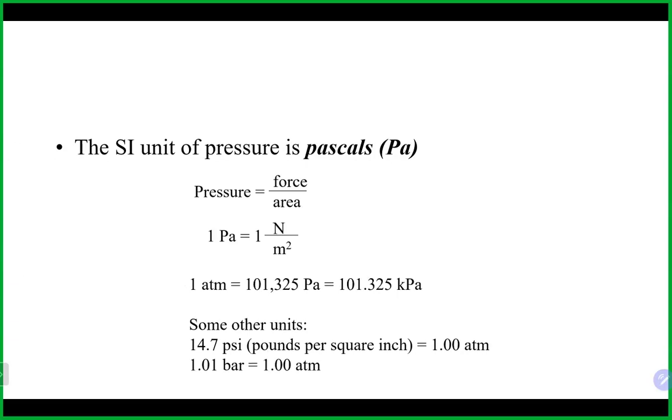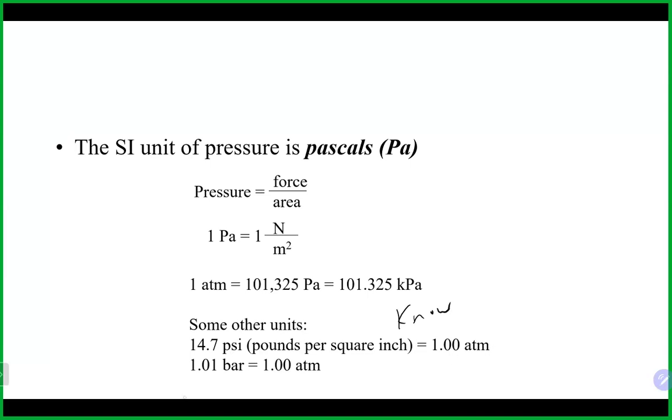So as I mentioned before, a few other units. You probably should know these as well. I will say you probably won't come across too much of these, at least in this class, but down the road you might. Definitely those three from the last one we'll see more than these. But an atmosphere is equal to 101,325 pascals, or 101.3 kilopascals. And 14.7 psi, that's pounds per square inch, like if you're blowing up your tire or a basketball, equals 1 atmosphere.